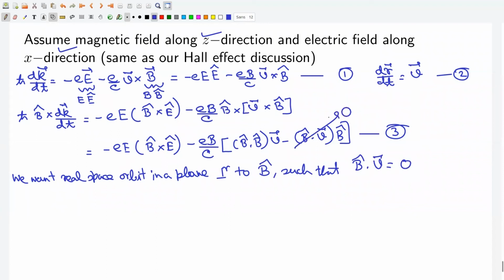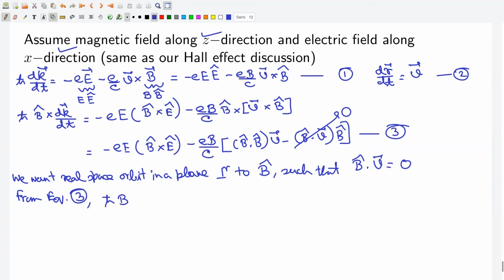So this term is 0 in equation 3. Thus, from equation 3, we get